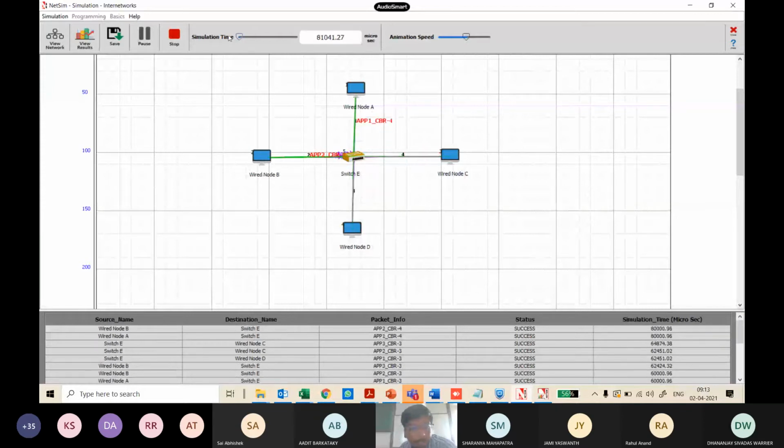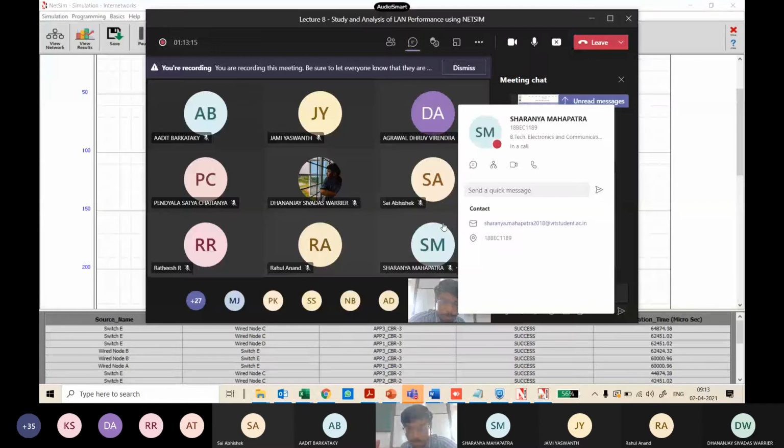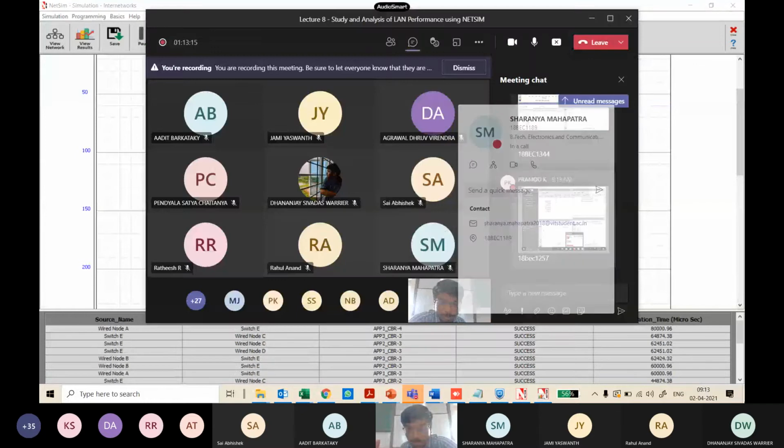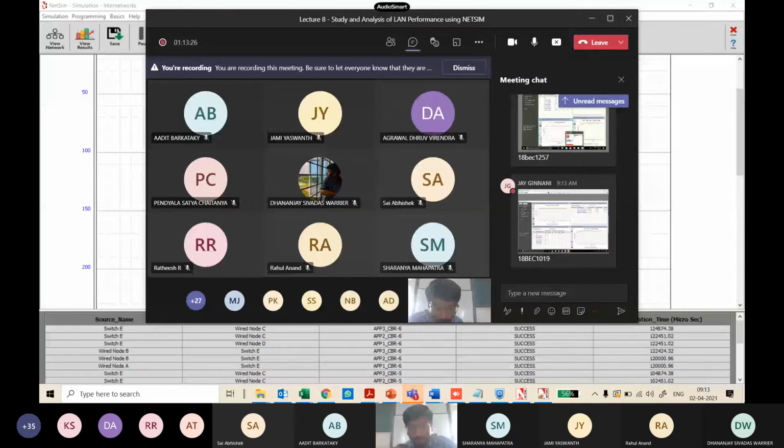There's an ARP request going. Every node wants to find the MAC address of the server, so they send an ARP request. An ARP request is basically a broadcast request. Each node puts a broadcast address and sends the ARP. When the switch gets a broadcast destination address, the destination address being all ones, it does not know where to send it, so it floods across all the outgoing ports. Someone will receive it and check if it matches. The server matches its IP, so it sends an ARP reply.